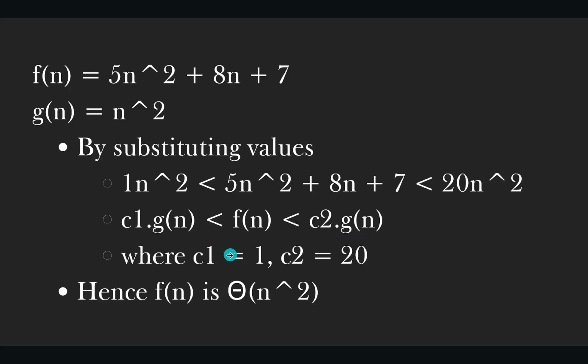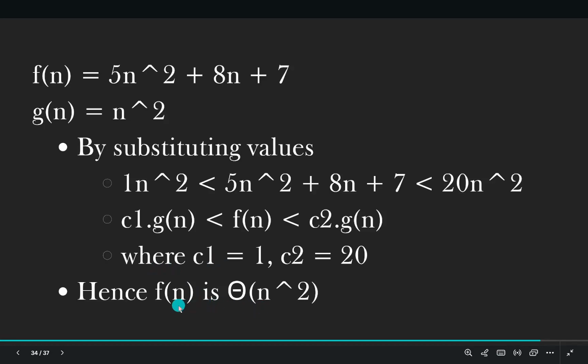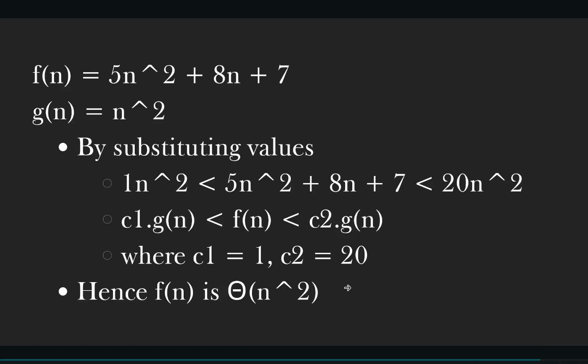Because it is satisfied, I can say f(n) is big theta of n squared. One trick to find the values of c2 and c1 is to always apply 1 to c1. And for c2, what you can do